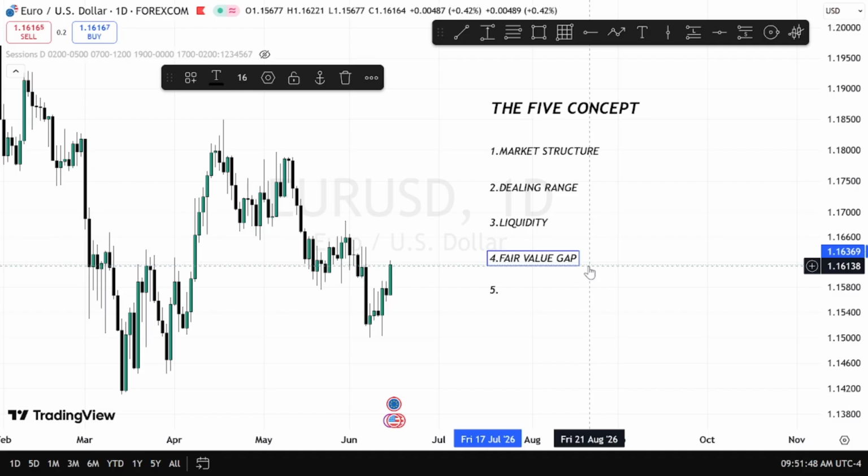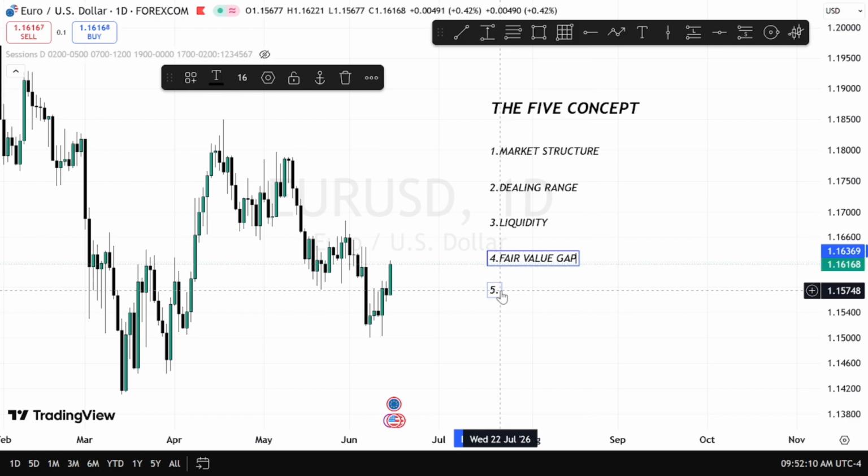So this concept is very, very important to focus on as a struggling trader. All right, you need to focus on fair value gaps because they are a very, very important concept in the market that we need to look out for if we want to reduce our losing trades. In fact, you can't even be a trader without knowing what fair value gap is or without using fair value gap. Well, I think I'm right to say that there is fair value gap in the market and we see retracing. But if you want to reduce your losses drastically, then you need to focus on fair value gaps. And the last one on my list would be key levels.